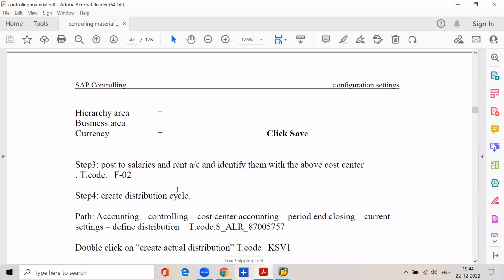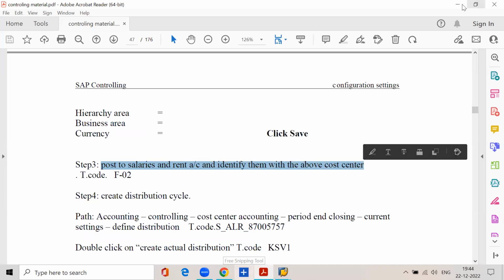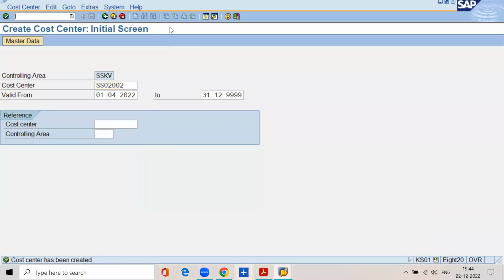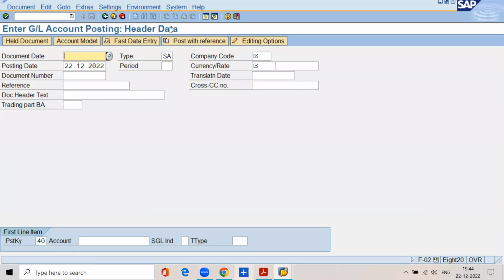Then post salaries and rent accounts and identify them with the above cost center. You know how to post and how to identify. So document date is 22/12/2022. Type is SCA. Company code SSKV. Posting date 22/12/2022. Period 9. Currency INR, posting key 40,